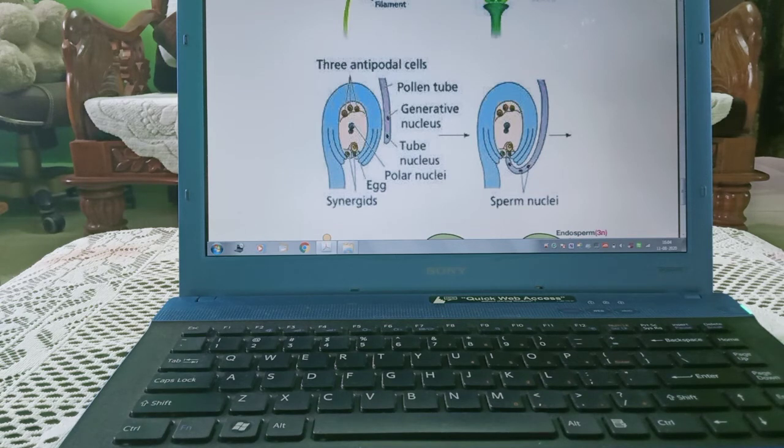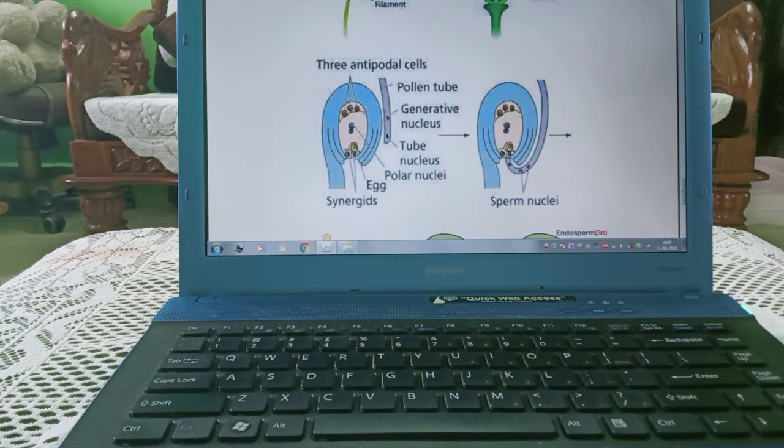Now, this is the pollen tube. As you can see, the pollen tube is entering through this end. This is known as the micropylar end. Now from here it is reaching. One male gamete fuses with the egg and the other fuses with this. Total 2 male gametes are released. One male gamete fuses with the egg, it forms zygote. The other male gamete fuses with these two.